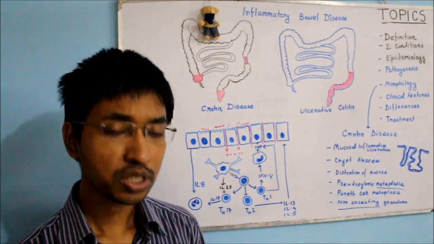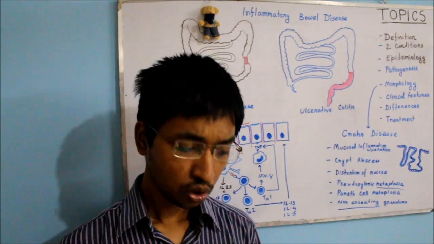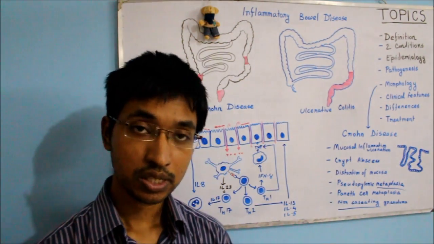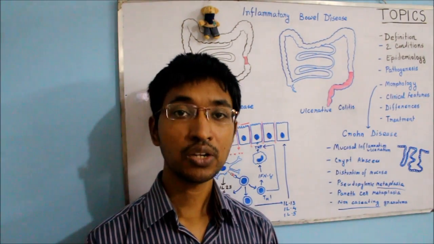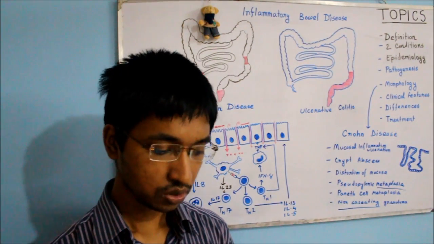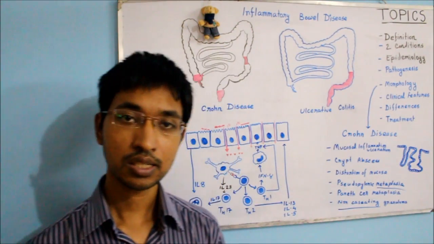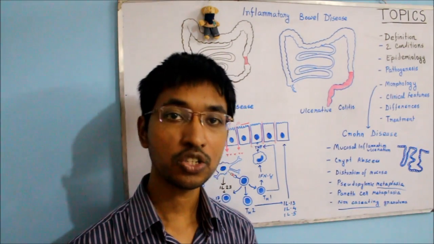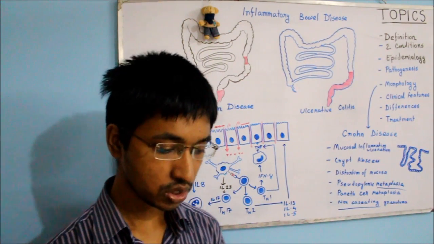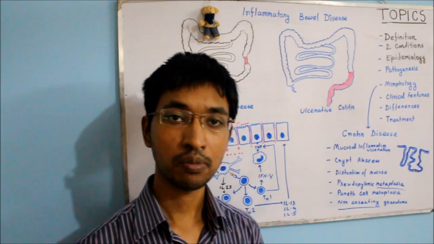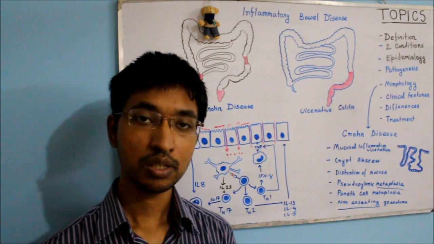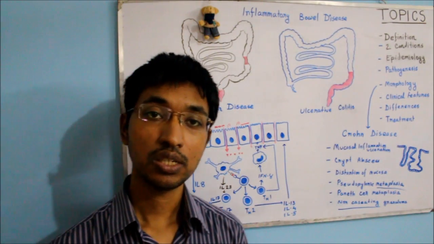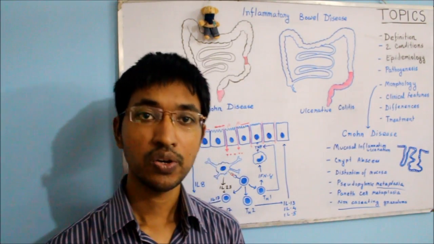And in your textbook you will also see that in Crohn's disease sometimes there can also be extra-intestinal manifestations. They will include migratory polyarthritis, sacroileitis, ankylosing spondylitis, uveitis, cholangitis, amyloidosis, erythema nodosum, etc. So these are the important extra-intestinal manifestations that we can see in Crohn's disease, and this is very high yield